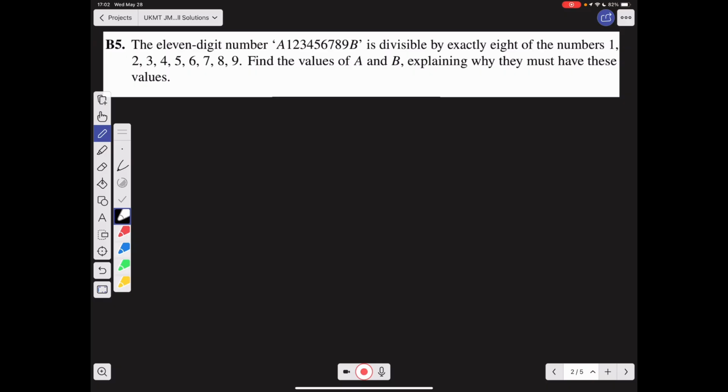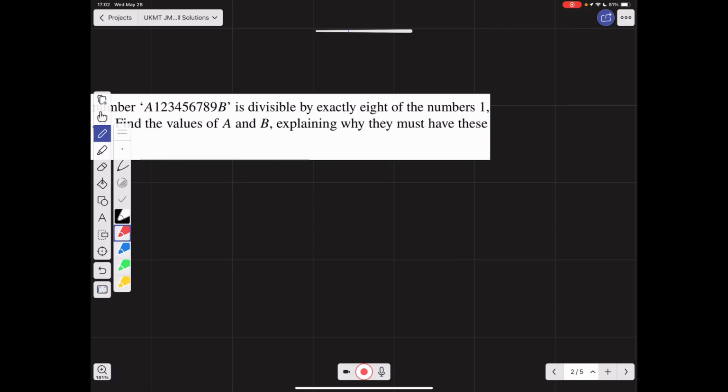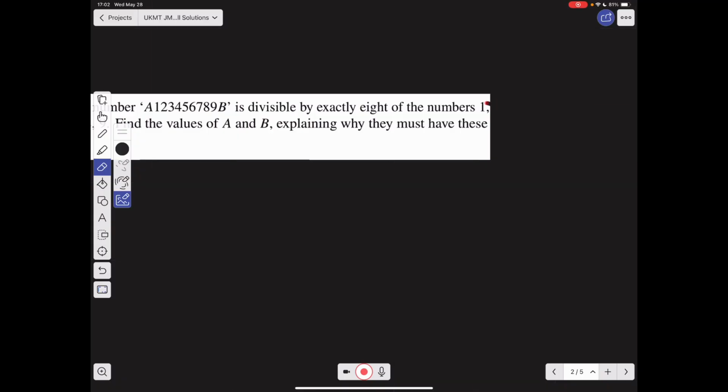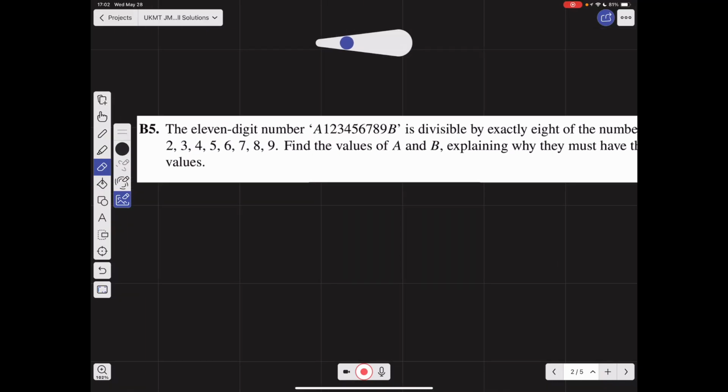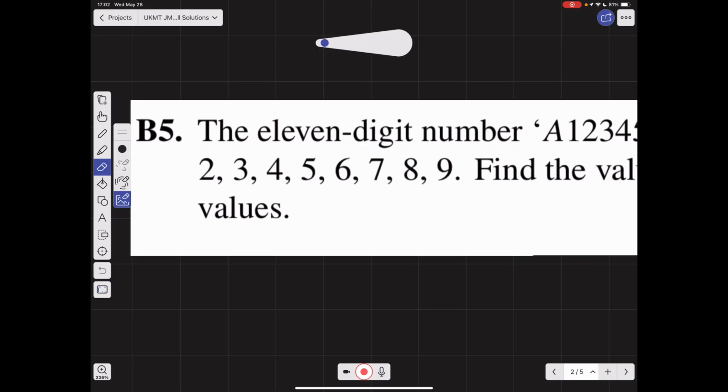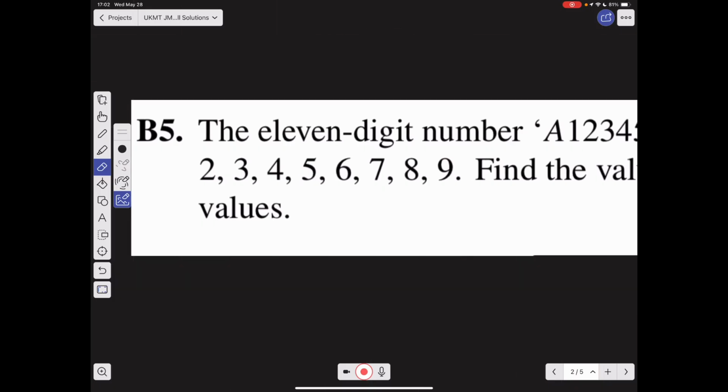Now, let's see what numbers it has to be divisible by. It has to be divisible by 1, so we can ignore that, because one of the numbers is not going to be divisible into this 11-digit number, since it's 8 out of 9. And 2, it has to be divisible by 2. Why? If it's not divisible by 2,